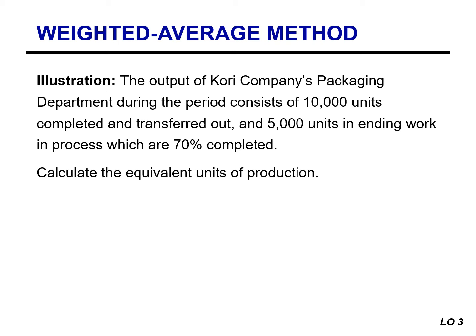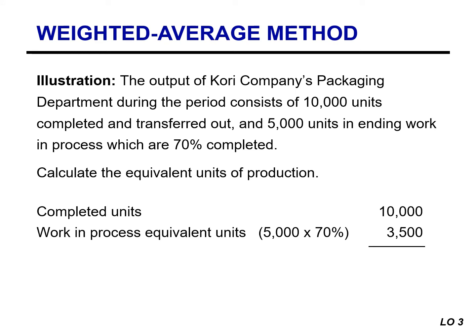During the period, Core Company's packaging department completed and transferred out 10,000 units, and 5,000 units remain in the ending work in process inventory, which are 70% complete. The equivalent units of production are the completed units of 10,000 plus 70% multiplied by 5,000, that's the number of units that are partially complete in the ending work in process inventory, so that we have 13,500 equivalent units of